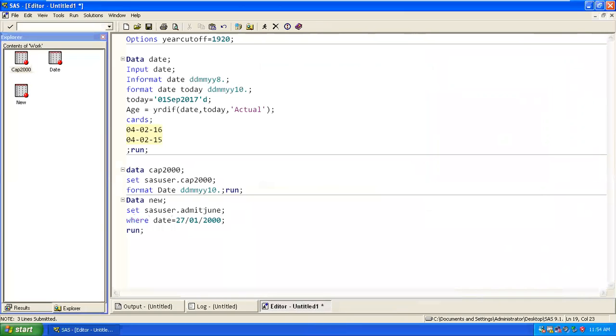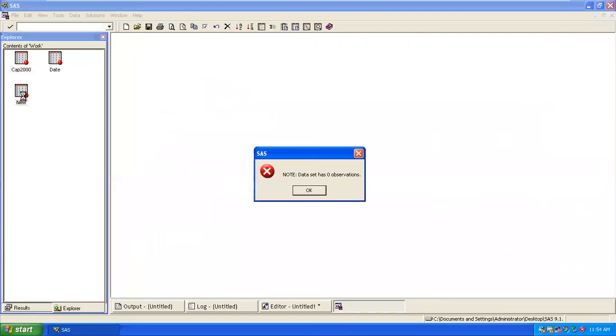So I should have a date constant, which is nothing but I can write 27 Jan 2000 and put it into D. So this is the date constant. Based on that, we'll be able to filter out. If not, we won't be able to filter out. So go ahead and execute, we'll be able to get the new data.